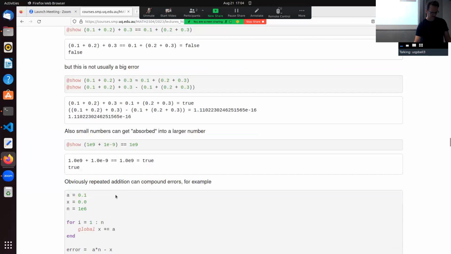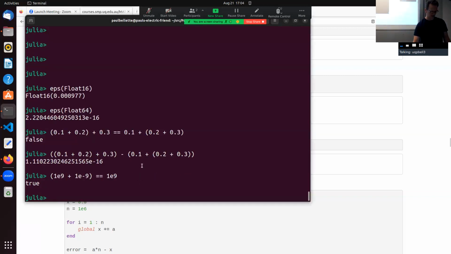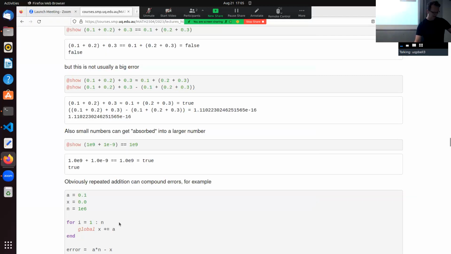Cool. And this other one, that if you add a very, very small number to a very, very big number, the big guy eats the little guy and they just disappear. So this is the way that floating point addition is implemented in this finite amount of precision. You're just going to lose this stuff,